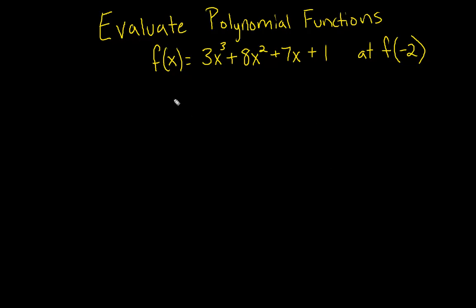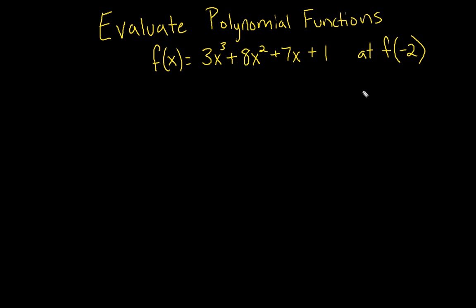Here we are given a function f of x equals 3x cubed plus 8x squared plus 7x plus 1, and we are asked to evaluate at f of negative 2. You'll see instead of writing the notation of f of x, it's now written as f of negative 2, meaning now instead of x, our input is negative 2. So all we have to do is replace our x values in our function with negative 2,